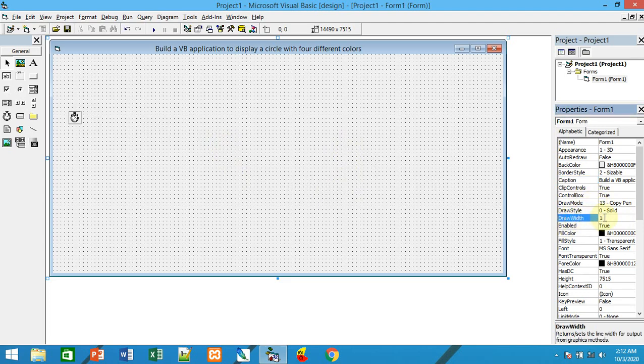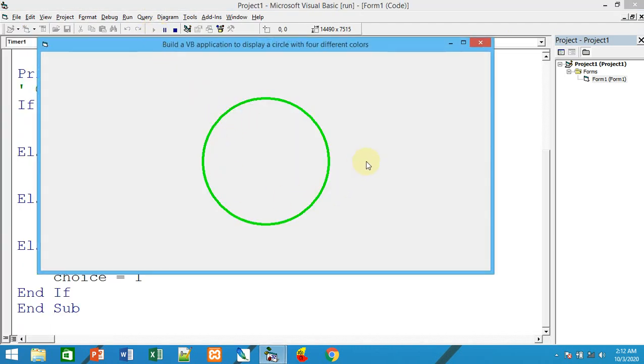So you can make the draw width 5, like that. Default is 1. Draw width 5 means the circle will be displayed with this. So now you can easily detect the circle color, that is the outline color. Yes, so this is how you can.